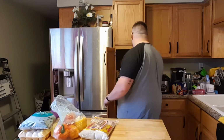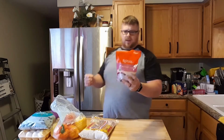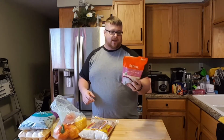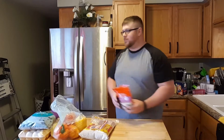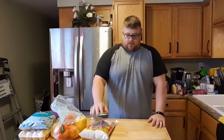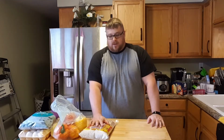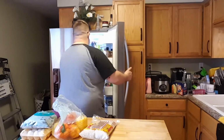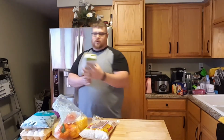It went quick, and then I had my wife pick me up this bag the other day from the grocery store that's closest to me, because that's the biggest bag they had, and it doesn't taste as good as this brand, and this brand is probably cheaper. So right now I'm eating a cup of this uncooked, then I'll add a cup of water, and then I will also put in a cup of the True Goodness organic chicken bone broth,